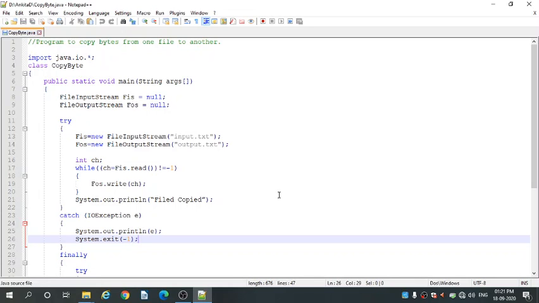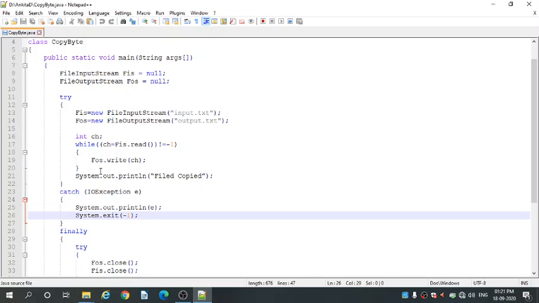Inside the try block, we have written this code because if any exception comes, it will be detected by the try block and handled by the catch block. Okay. Let's see. fis = new FileInputStream. Inside brackets, we have passed the input.txt file. This is a file name. From this file, we are going to read the bytes. Okay. So input.txt we have passed to the FileInputStream